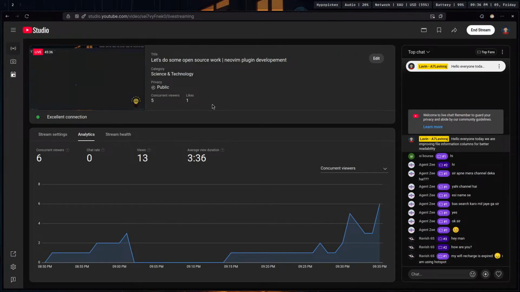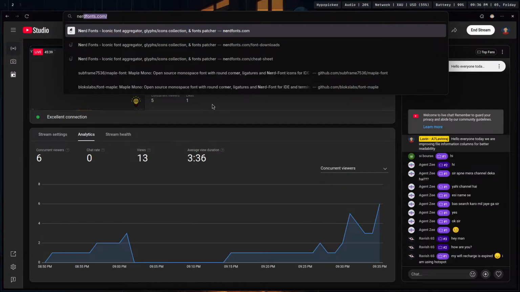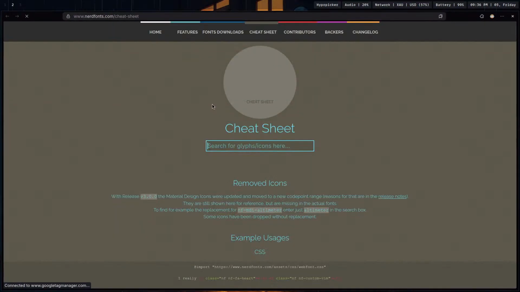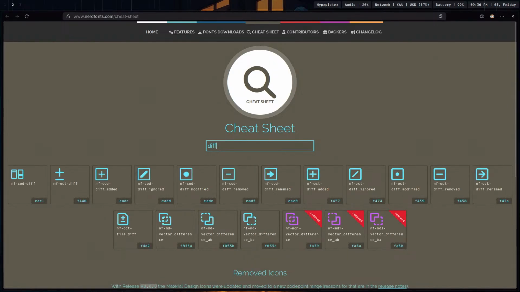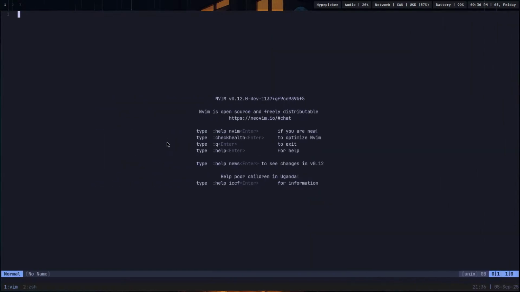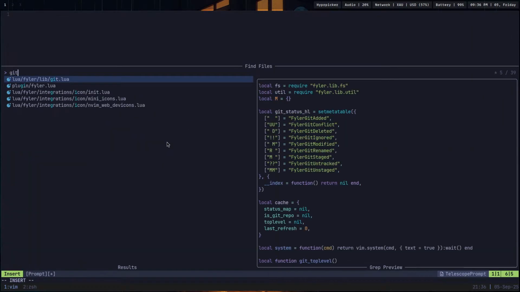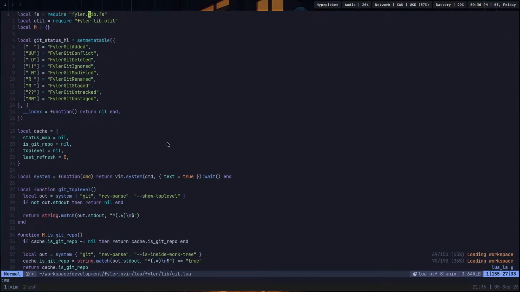So let's do nerd fonts cheat sheet like that. Diff. All right, so I want to map those icons, right? So git like that. So here we are doing this thing. This is the mapper from this thing to this thing, right? So what we can do,